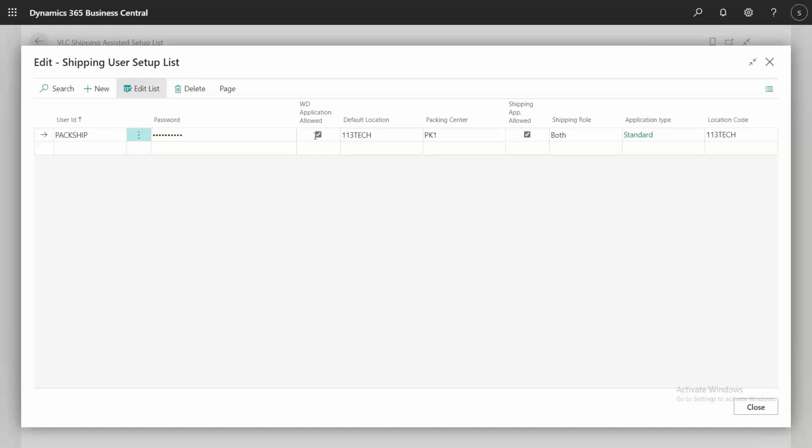And if you want both, you can make it for both. Currently we have created a PackShip user, and we shared the password with you. And for the shipping rules, when we have the standard application, we have both, so the same application user is able to pack and ship.